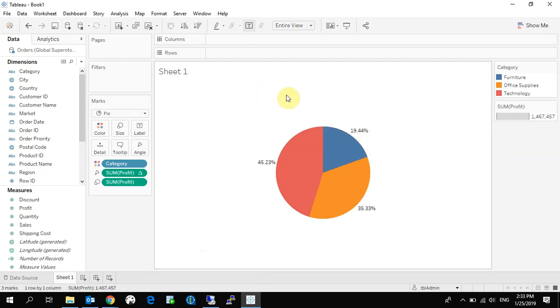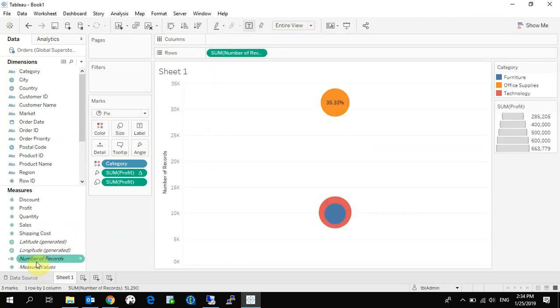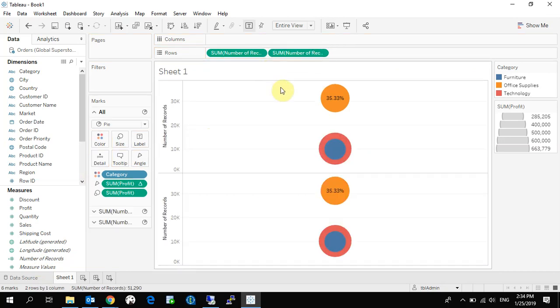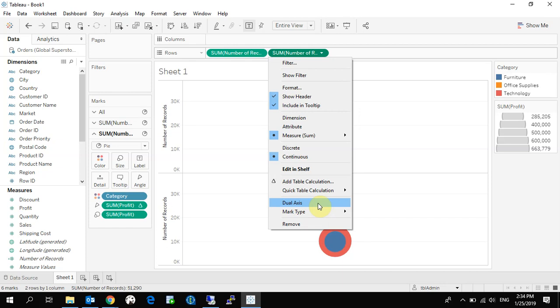Further, to create a donut chart, we will have to free some space inside our pie chart. And to do that in Tableau, we'll use dual axis. So I'll bring number of records on the rows level twice to have the two axes. I will also check the dual axis option,